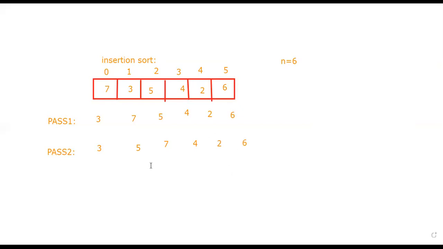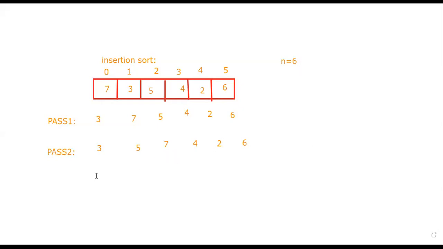6. Okay. But here see, the list consists of two arrays: one is a sorted array and another one is an unsorted array. In the same array, it will follow two lists, one unsorted and another sorted. The sorted array is this 3 5 7. Unsorted means the remaining elements. So next step, pass 3.